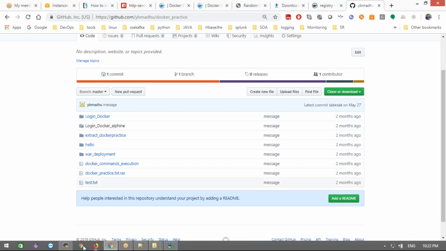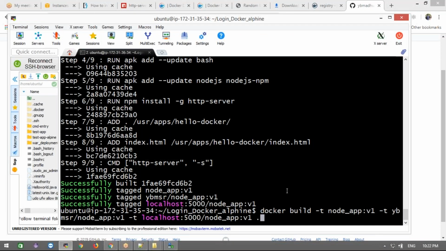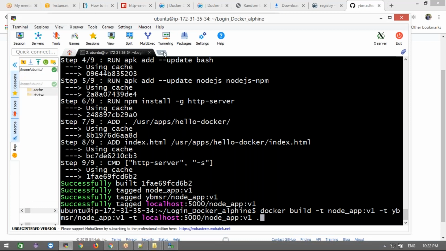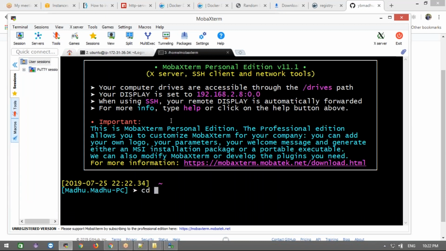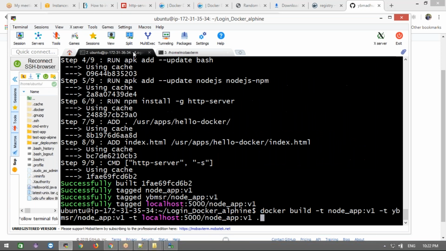Now I will show one more thing here. It was timed out. What should I do? I should keep one or two things separate before this.